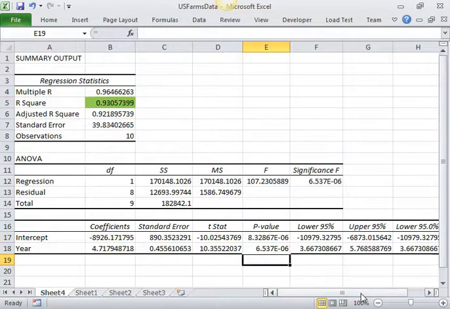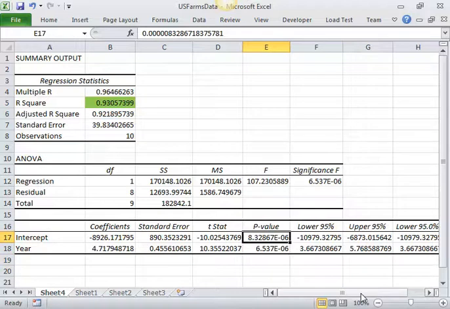That's saying that basically this answer is equal to 8.32867 times 10 to the negative 6 power, which is a really small number. Okay, that's how